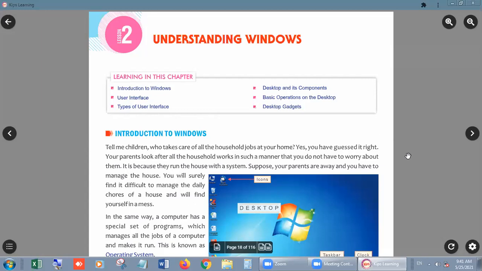First of all, Windows. Introduction of Windows. What is Windows? Okay, children, who take care of all the household jobs at your home? Who helps you and completes all the work of home? Yes, you are right. Your parents, right? Your mother, your father, look after all the household works in such a manner that you do not have to worry about them, right?